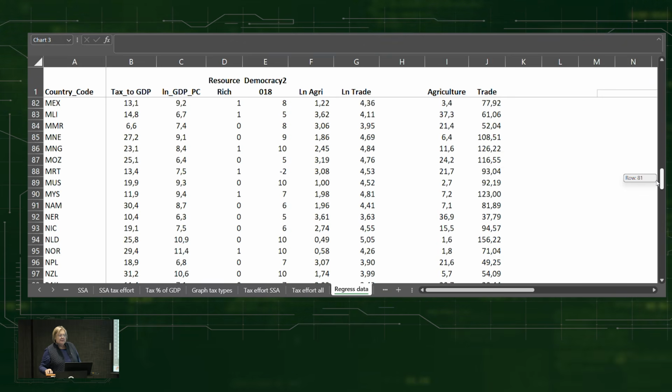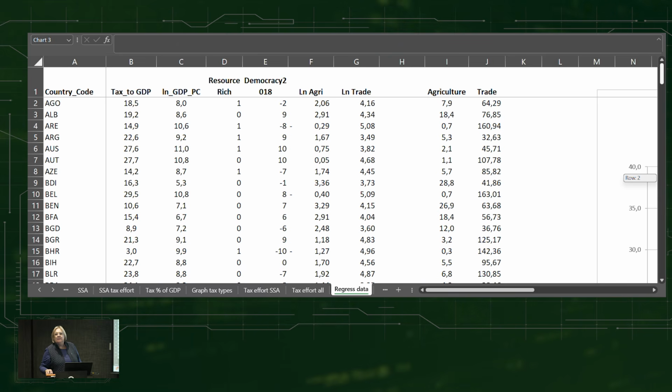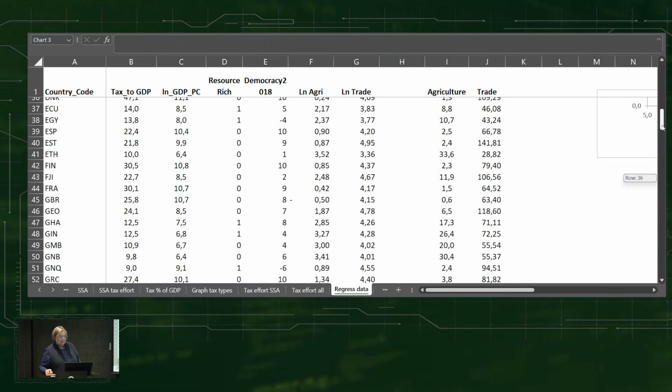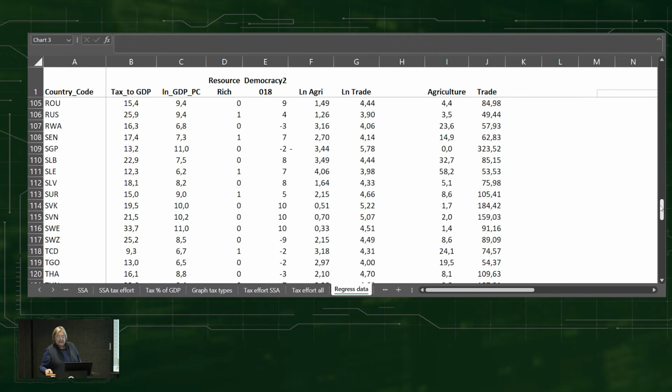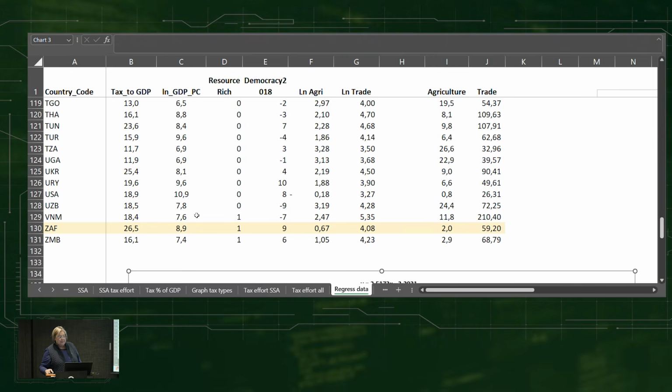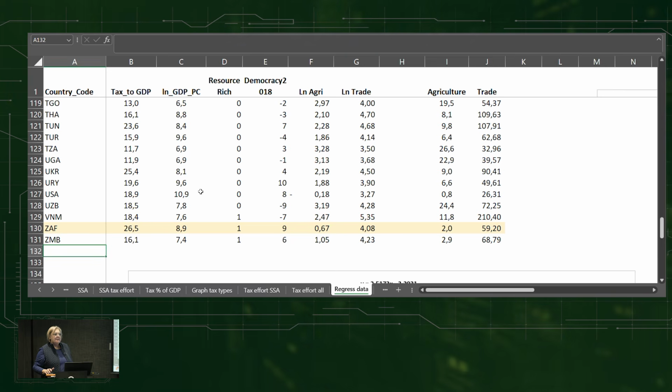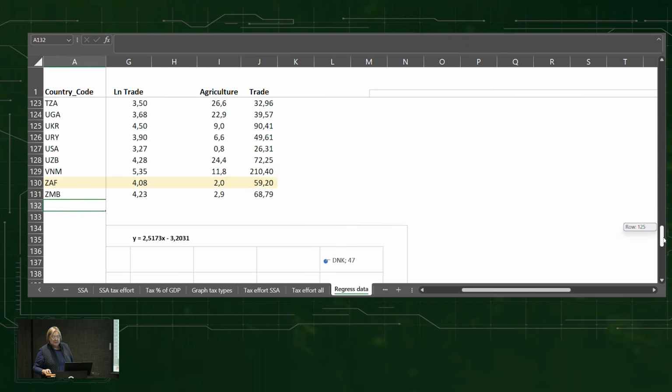Is there anyone else that's not in the data set? Zimbabwe. Well, we did get data on Zimbabwe. No, there's Zimbabwe. Is that Zambia? Okay, sorry. Then we'll have to include Zimbabwe as well. So it's Malawi and Zimbabwe that need to come into this spreadsheet. So just go get your data, put it in this spreadsheet, but then you have to rerun your regression.